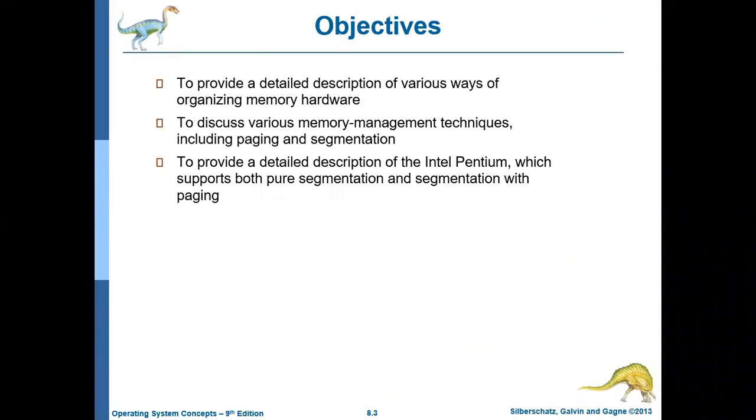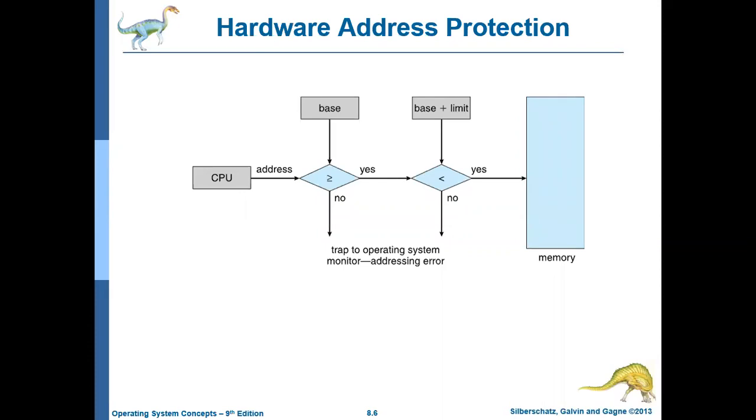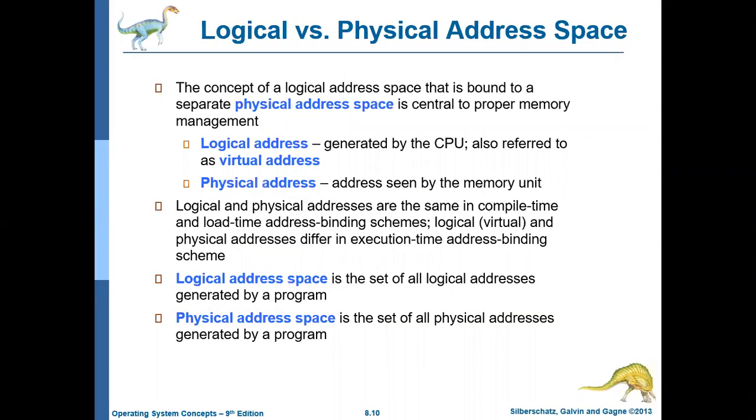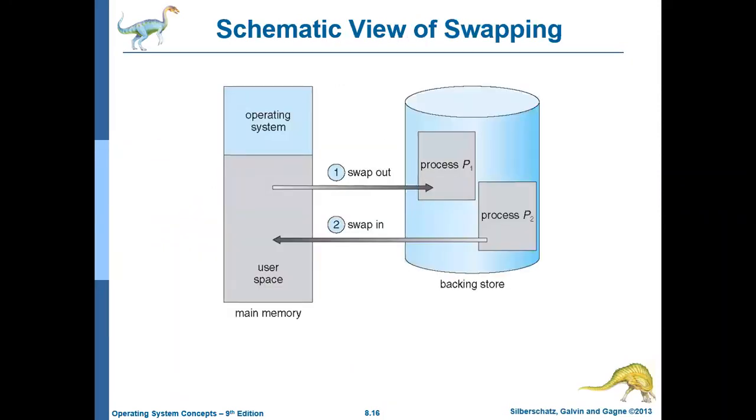So till now we have discussed the base and limit register concept in the memory, how we are protecting our memory for different processes in the RAM. Then we have discussed the relocation, swapping concept, why swapping is required. When you want some memory contents from your hard disk to copy in your RAM, then it will be known as the swap in. If you are taking your process from primary to secondary, then it will be swapped out.